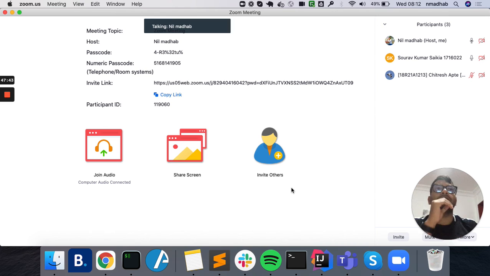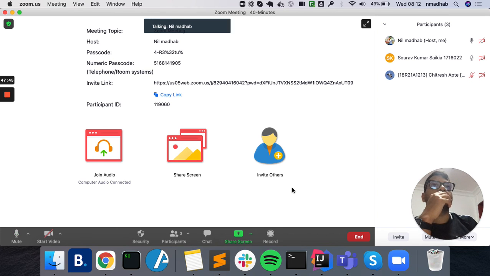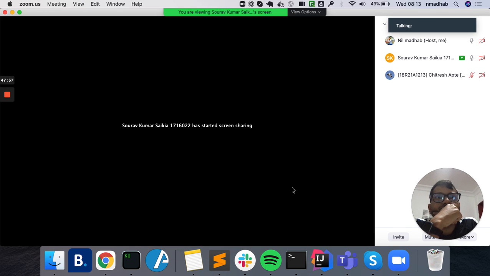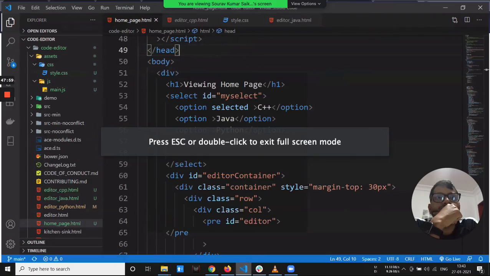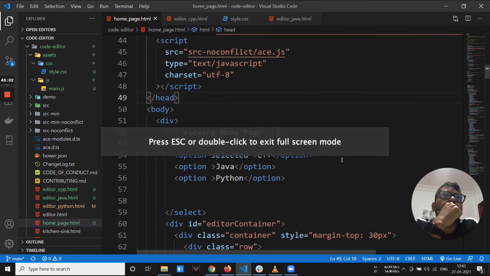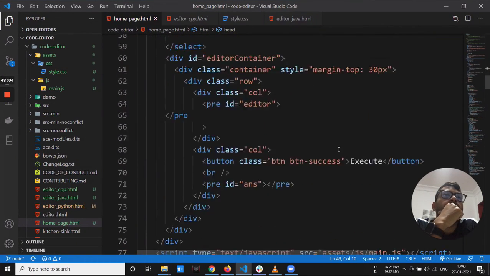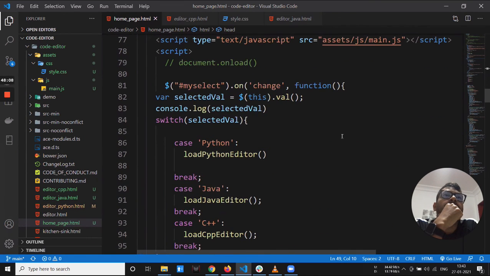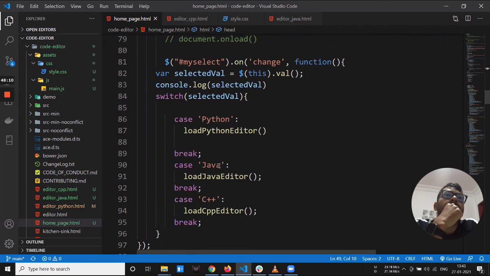So Chitresh, how would you make this code better? Open the code. Right now, once you make everything work, how would you optimize this code? Which things are getting repeated again and again? Like this Python, Java, and CPP editor.